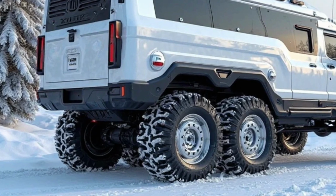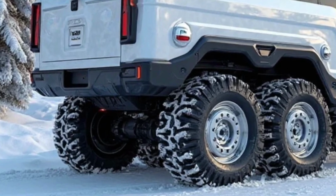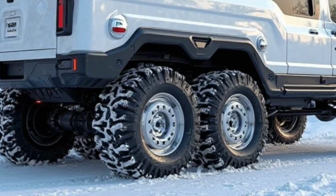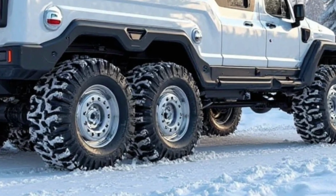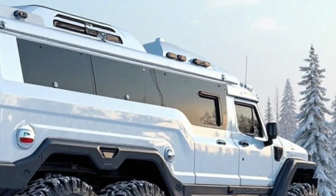Think adaptive cruise control, lane keeping assist, and collision mitigation systems, all making your journey safer and less stressful. Whether you're a weekend camper or a full-time traveler, the 2025 Honda Camping Motorhome brings comfort, capability, and clever design